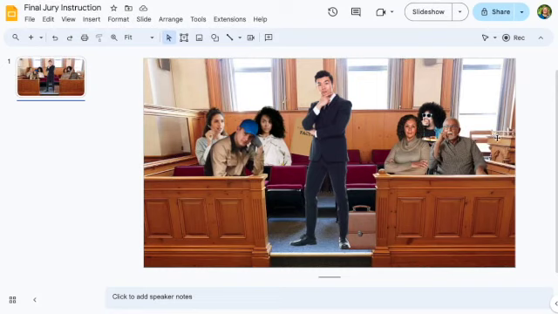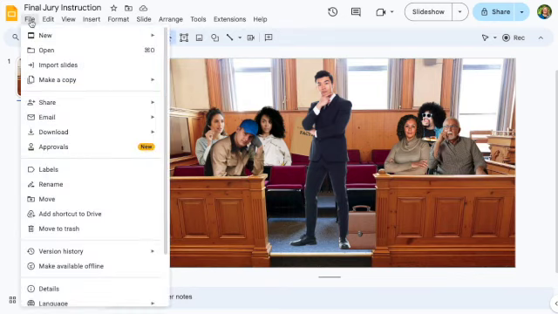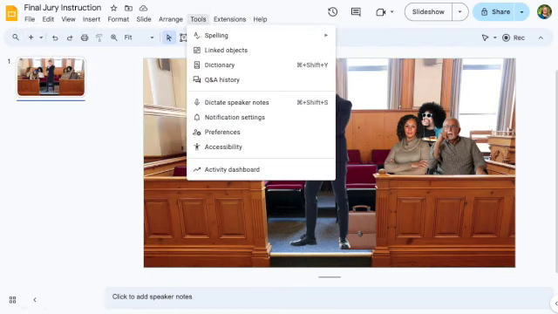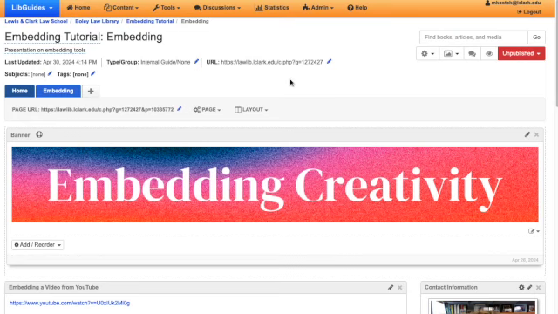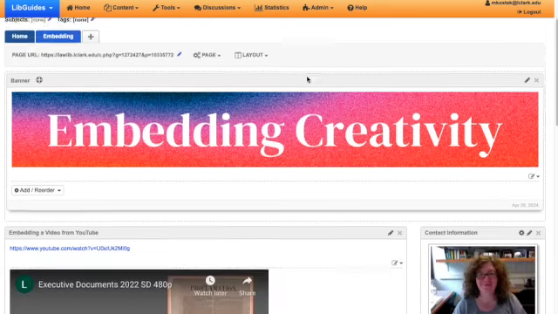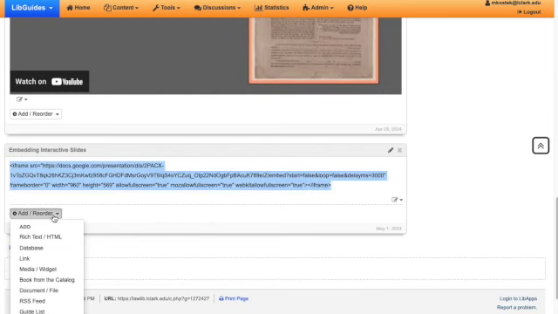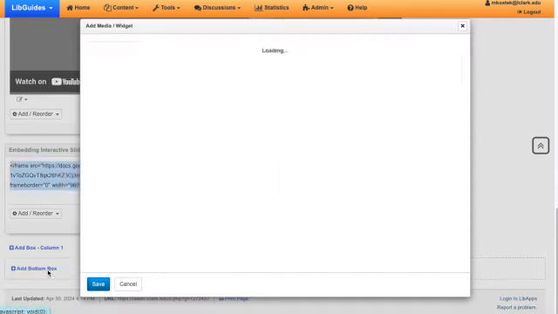Here I have everybody in with the briefcase and our gentleman. I've added some facts. I've added 6 jurors and information about each one of those jurors. And so remember how we take a Google slide, we go to File, and then we go to Share and Publish to Web. So let's go ahead and jump to our LibGuide so that we can see this. I've grabbed the embed code. So we have the embed code, and we'll go to the media widget,